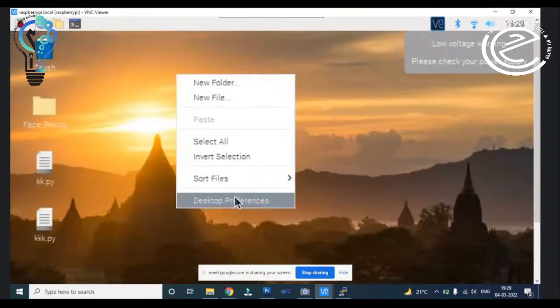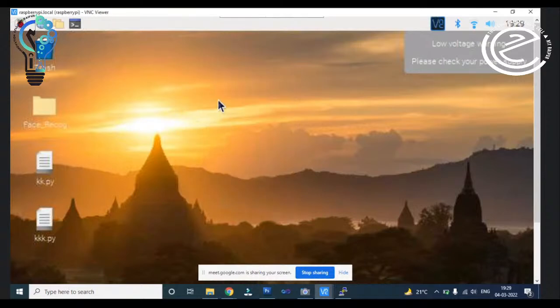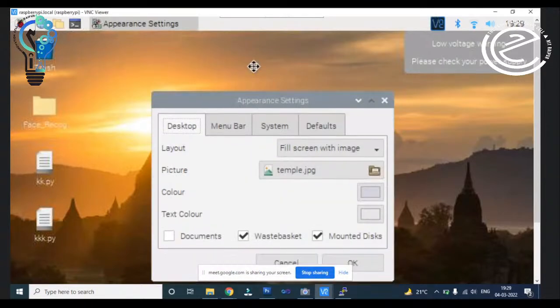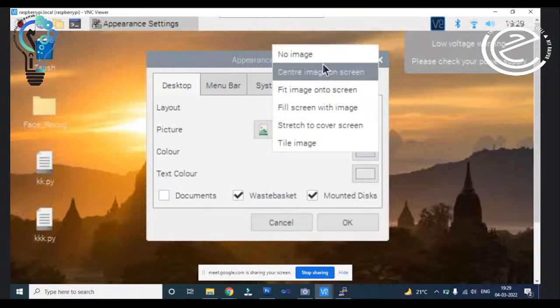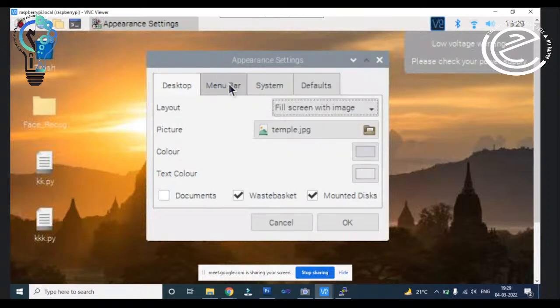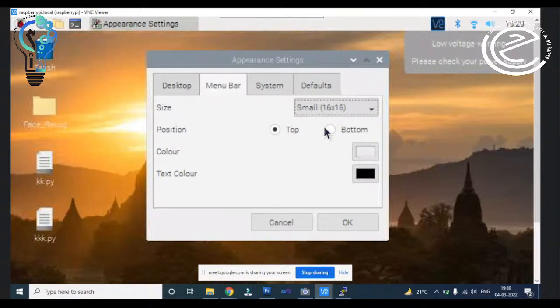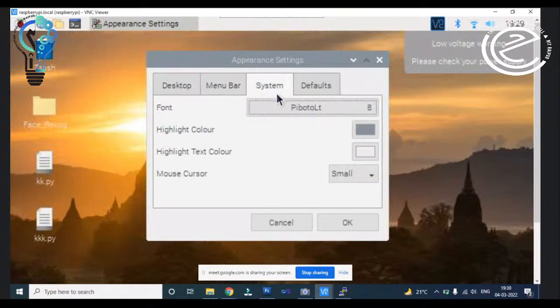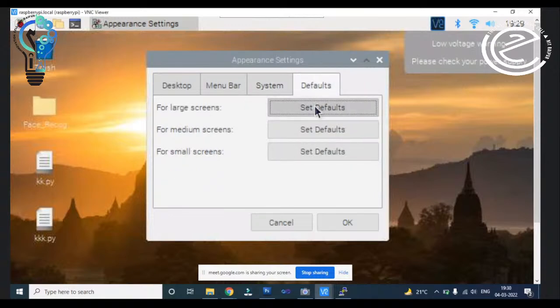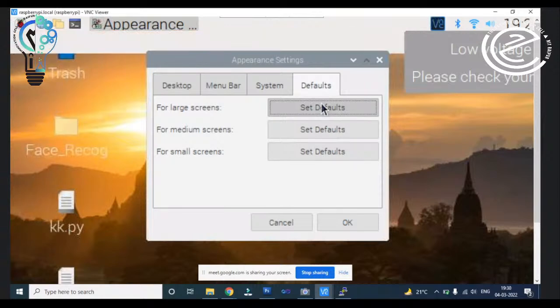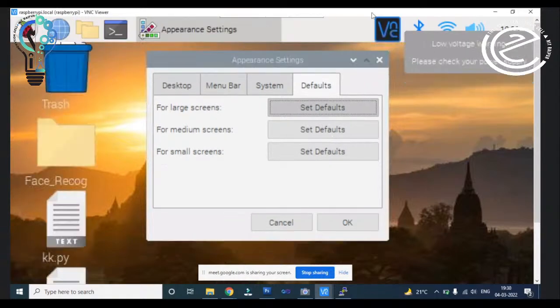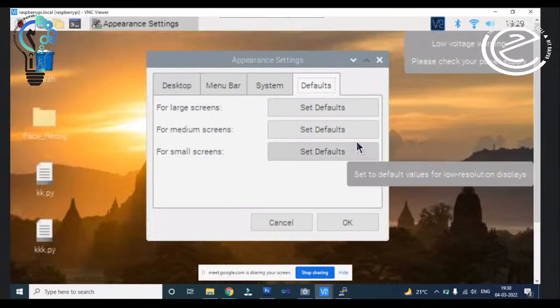Like in Windows, you can go to the desktop preferences and set it to default first. So you can see the preferences of the window.